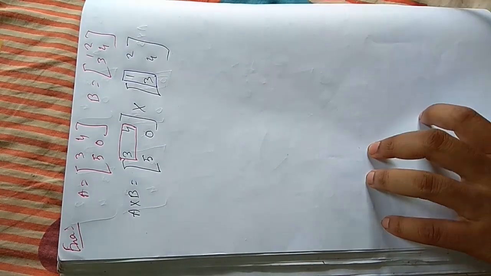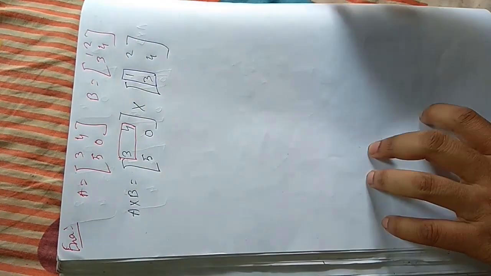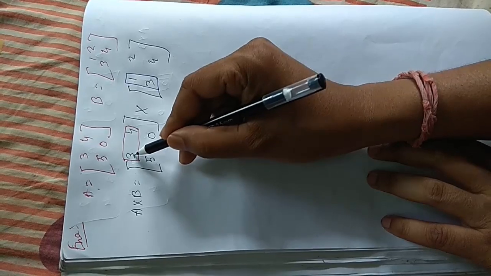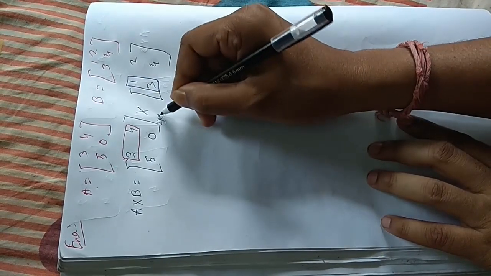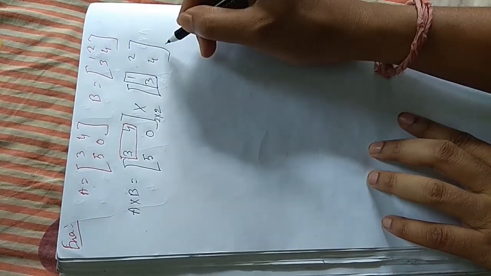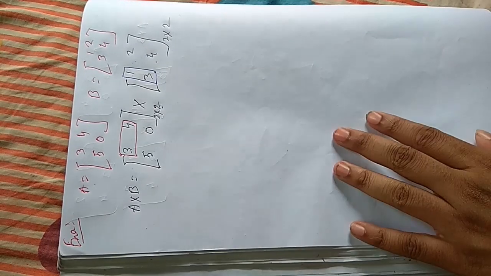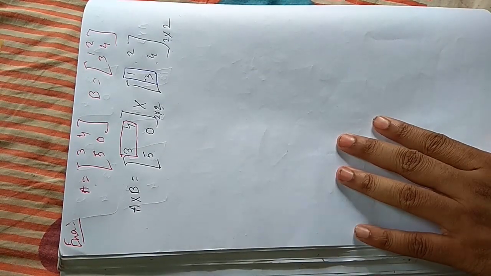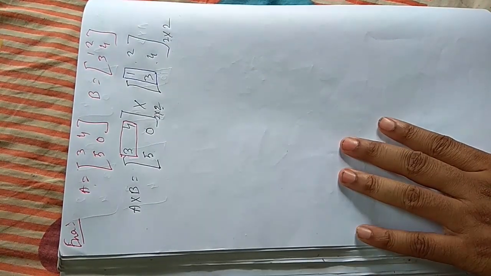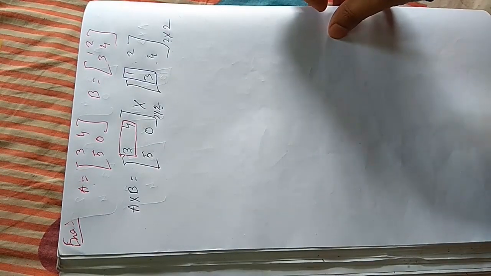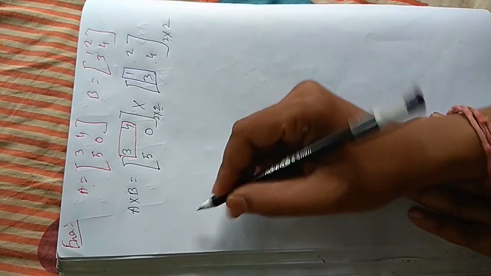Okay, first, students, you know the order: A has number of rows 2 and number of columns 2, so 2 by 2. The second has number of rows 2 and number of columns 2, so 2 by 2. So the first matrix's columns is 2 and the second matrix's rows is 2, so it is possible to multiply. First ensure that we can multiply A and B. If a board exam question says find A cross B, A square, whatever, first you check the order to confirm that multiplication is possible. Now see how to multiply. Okay, see very carefully.